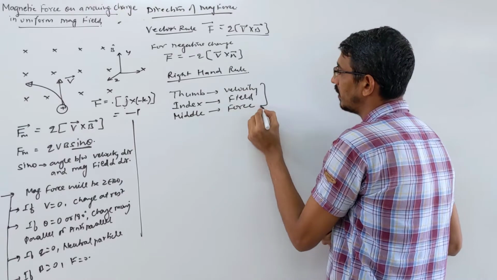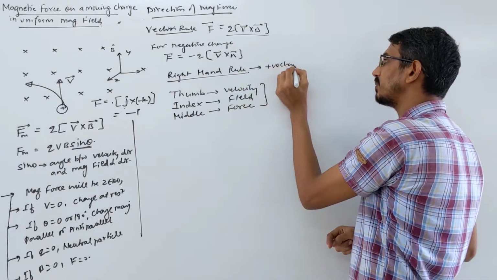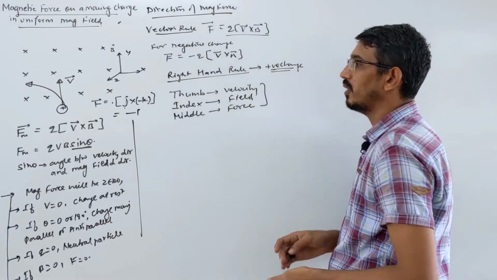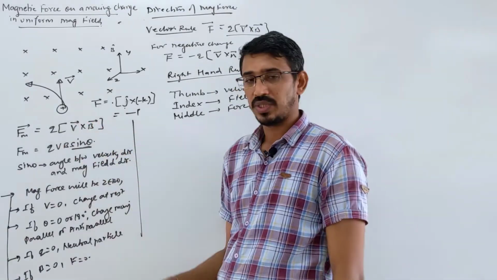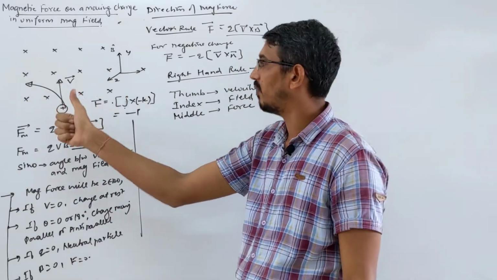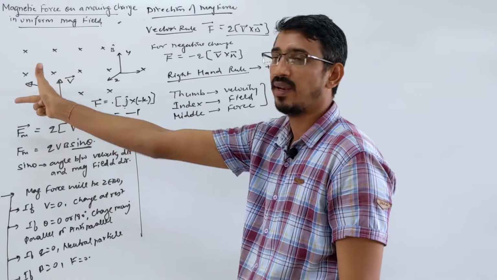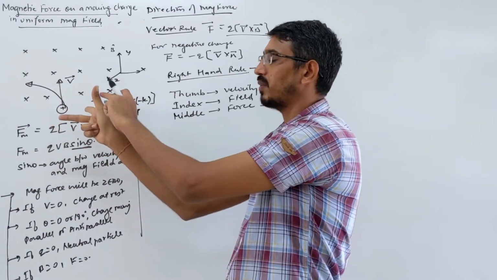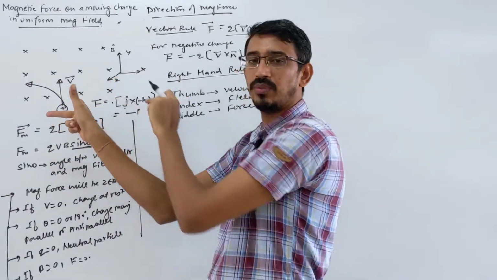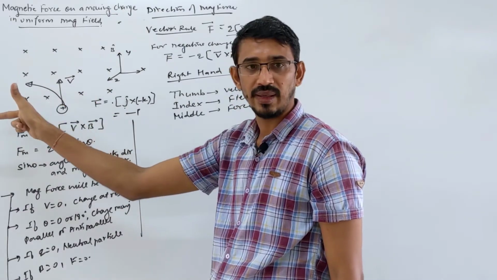So it's a simple rule, but right hand is for what? Keep in mind, positive charge, correct? Yes. Suppose it's a positive charge. You want to write the hand rule here, then how it looks? Look here. Velocity upward, thumb upward. Field inward. So force is what? Towards the left direction. Thumb showing the velocity upward, field is into the board. So this finger shows field. So this finger shows what? Force, that's towards what? Left.